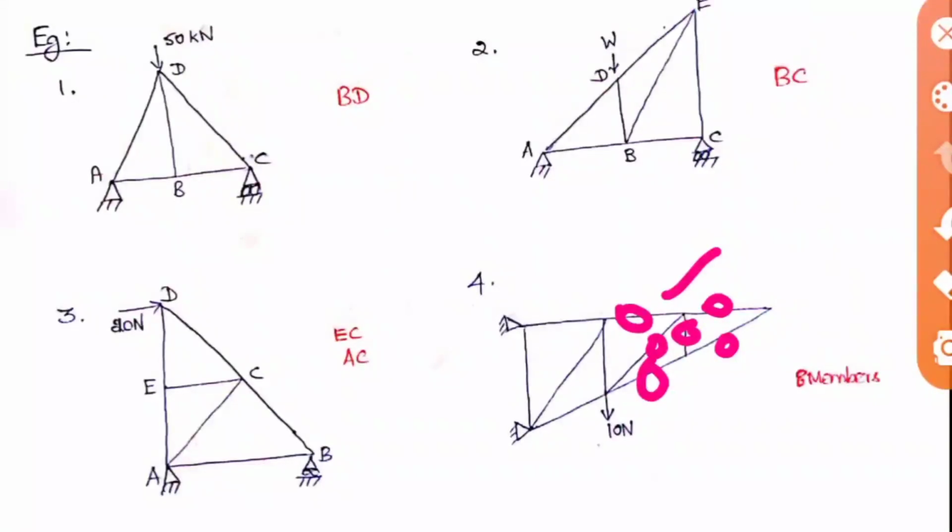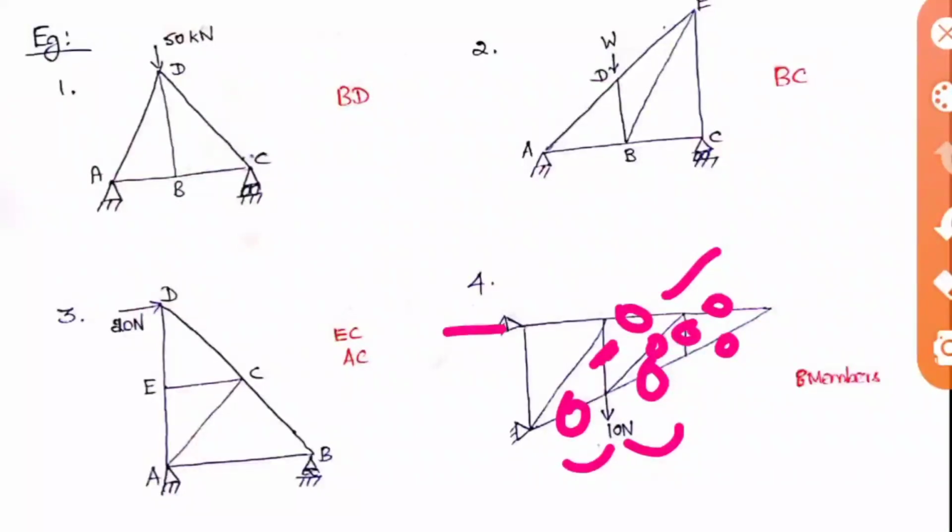So here a member is there and a 10 kilonewton load is there. Okay, so this 10 kilonewton is actually acting straight along that member, and the bottom two members, these are straight. So we saw this case already. So when this is the case, only this member has to carry the 10 kilonewton, so this will be a non-zero member. Okay, so as we saw, in the straight line, here also zero, here also zero only, non-zero member only, so here it will be a zero force member. Okay, so there are only the remaining three supports, so let us see that now.